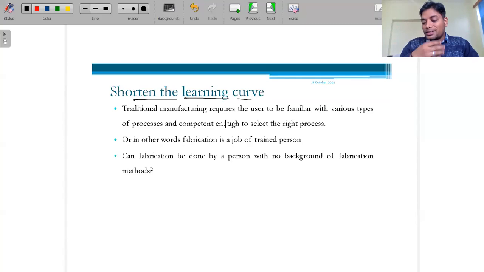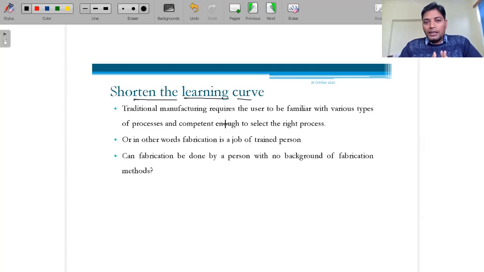In conventional machining, skilled labor is required, and if a skilled worker is not working on it, there is a chance the product will be defective. There is also a chance of damage, or loss of life if there is an accident. That's why skilled labor is required for conventional machining operations. So we have to provide training. Sometimes a worker who has learned all these things will leave the organization, and there will be a loss of money. Again we have to provide training to the workers.